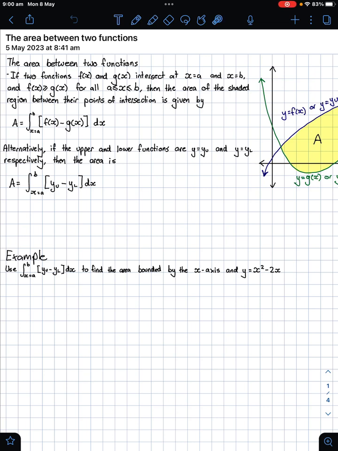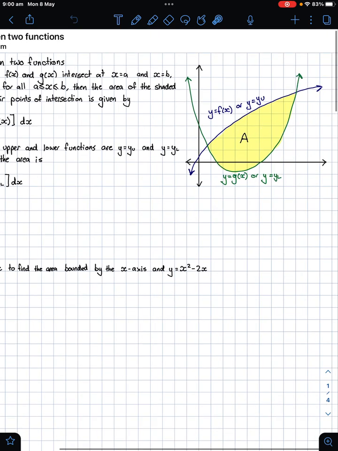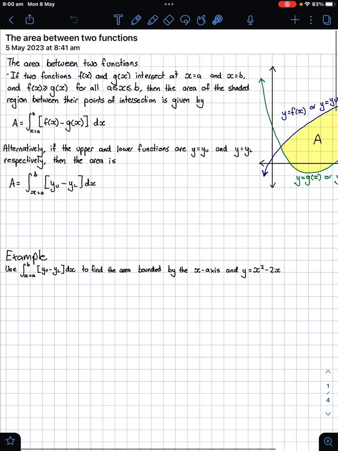So from the investigation we did, we looked at how functions could have negative areas. Now, the next section, building on this, is where we're going to look at the area between two functions, and we end up with this